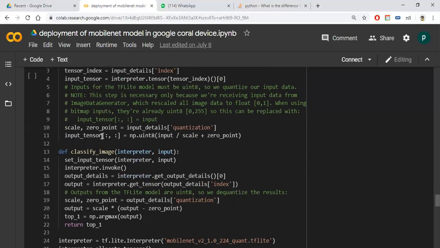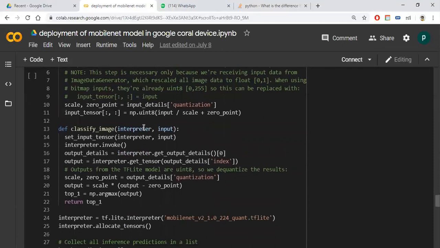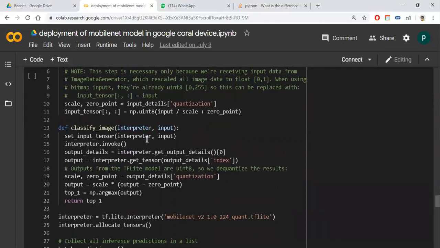Our input should be integer 8, so I am doing this. This is for the inferencing type. If you give any image, it can convert it to the input and it gives the accuracy.